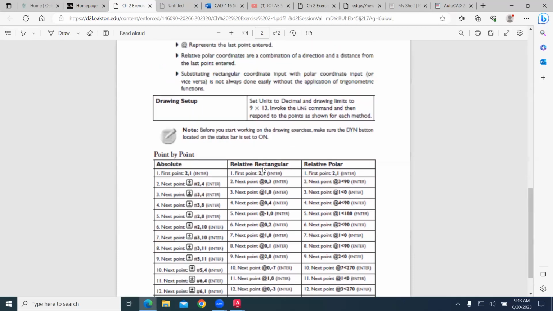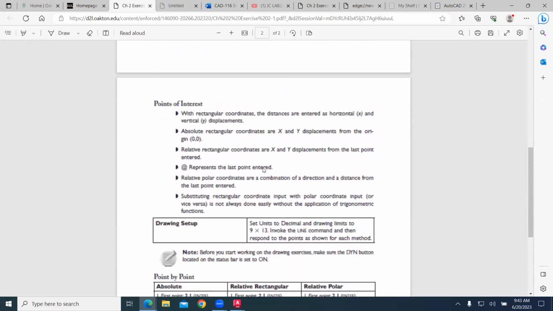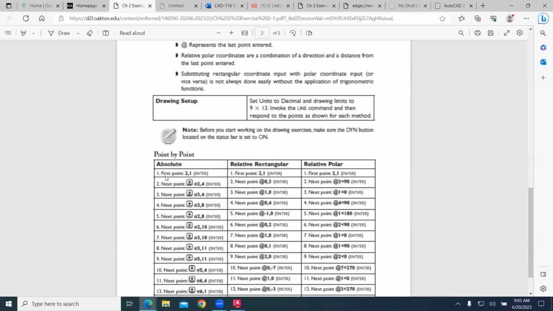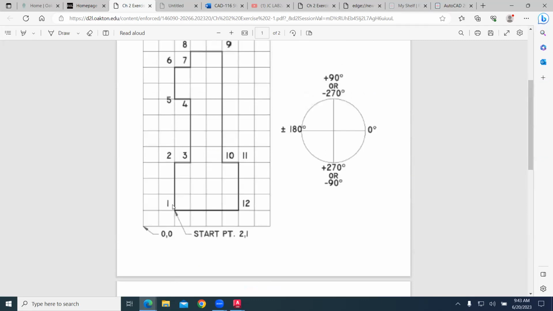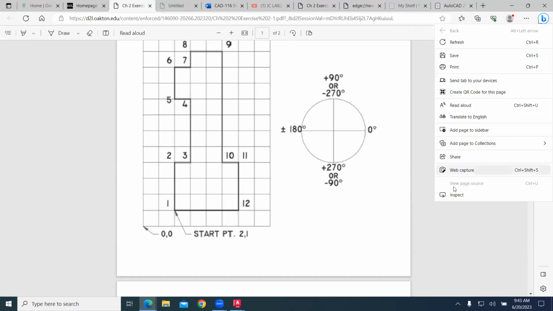And so as we look at the directions, what we're going to do is start from point 2, 1, with the line command and hit enter. And then our next point will be 2, 4, then 3, 4, then 3, 8. And that then goes and will create the line from this point to here, and to here. So if I was to create this drawing